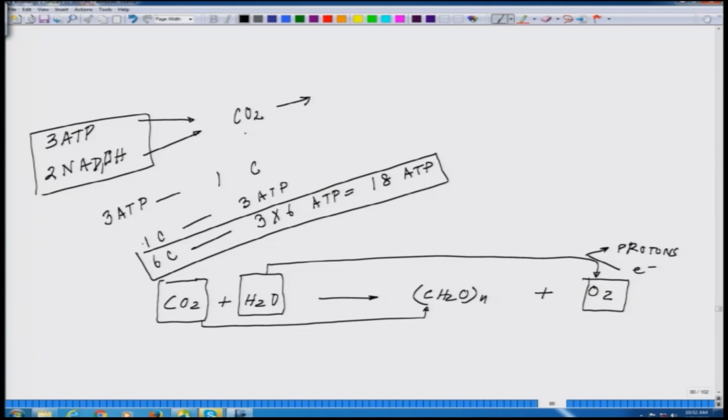Similarly, the other instance is NADPH. For attaching 1 carbon you need 2 NADPH. So for attaching 6 carbon you will be needing 2 multiplied by 6, 12 NADPH. Now, this is what we are going to add into the equation we put forward in the beginning to start our journey